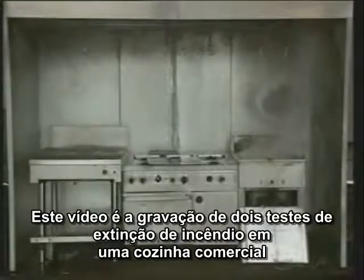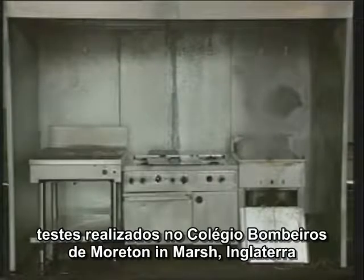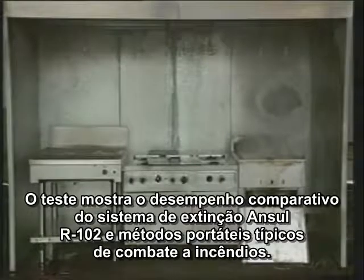This video footage is a recording of 2 demonstrations of fire suppression in a simulated commercial kitchen. The kitchen fires were conducted at the Fire Service College, Moreton-in-Marsh, England, as realistic examples of incidents resulting from cooking appliance malfunction. The demonstrations illustrate the comparative performance of the ANSUL R-102 fire suppression system and typical handheld methods of